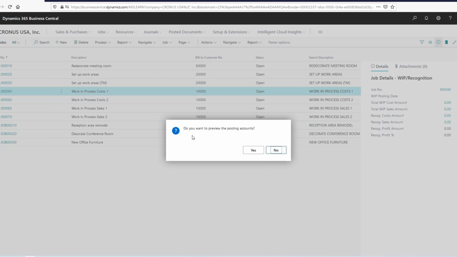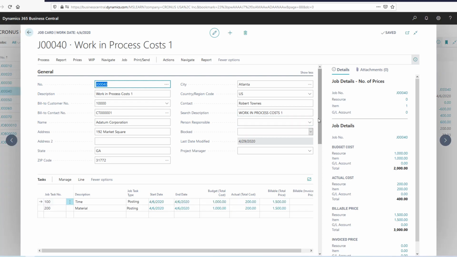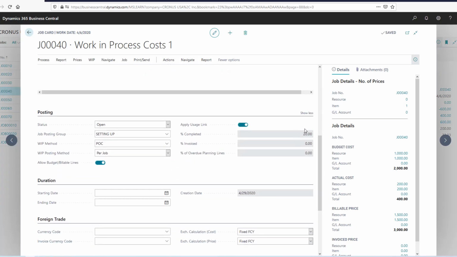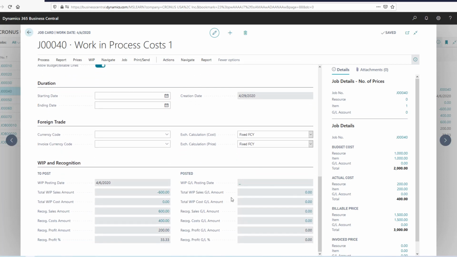And okay, you could preview the amounts by clicking on yes, and then Business Central will bring you to the next task, which is posting the WIP to the GL. But that's something that we will cover in the following unit. So instead, I would like to have a look at the job card. So let me open the first job. And if I scroll down, you will see again 20% completed, nothing invoiced. And now if you scroll down, you can see here that the total WIP sales amount is 600. So we have a recognized cost of